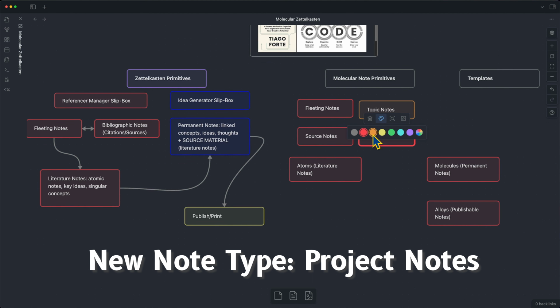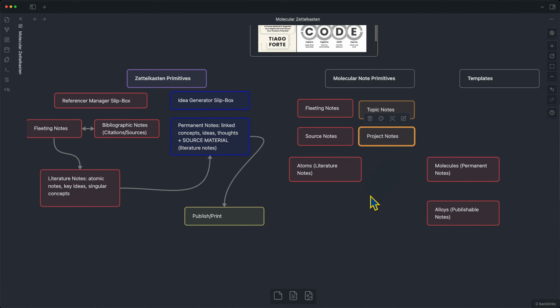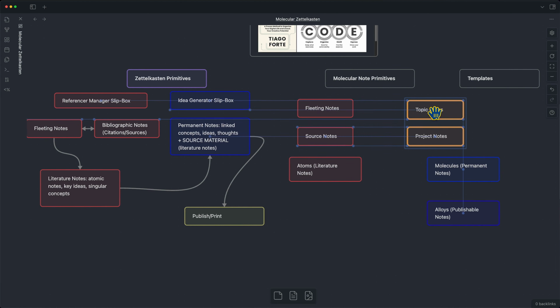And I also use project notes as a place to keep track of my goals, because one of the best ways to use a writing system like this is to have an idea or a question or a goal in mind and then use your existing reference manager system to identify key insights that can be applied to the project. And by tying specific concepts to your project, you can produce permanent notes because you're making it real and applicable for you specifically. For myself, a fleeting note can be a source note, but it can also be a daily note. So let's add that in here.